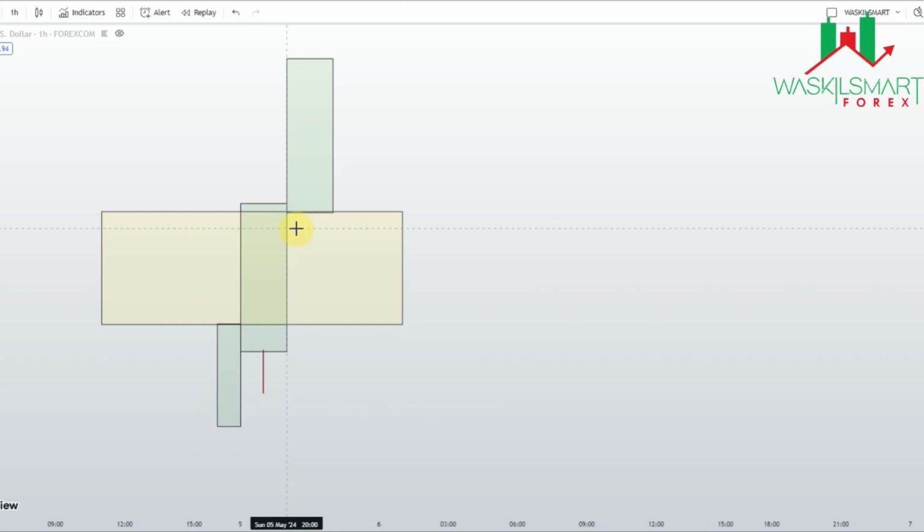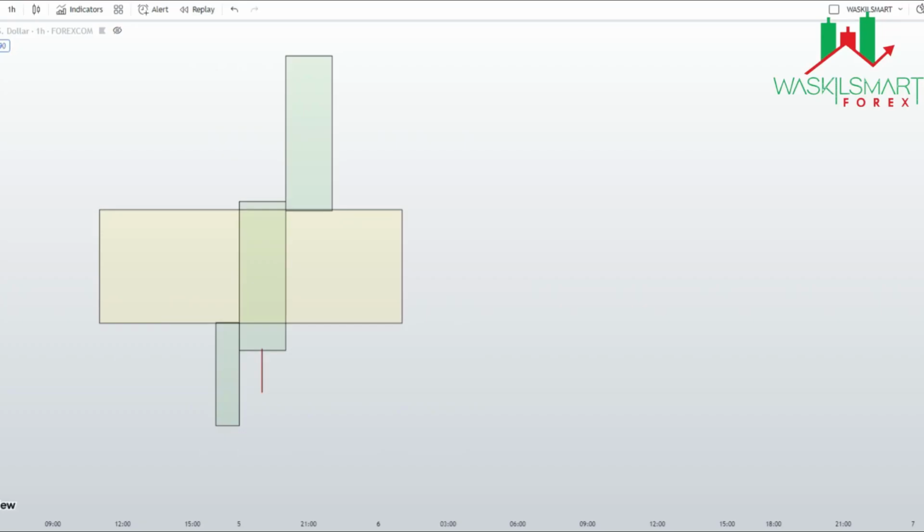So there must be a balancing in the market. Hope you understand. That is why we have the idea of the fair value gap, or the imbalance. When there is an imbalance, it means the market order flow has become one-sided, so there is only buying.